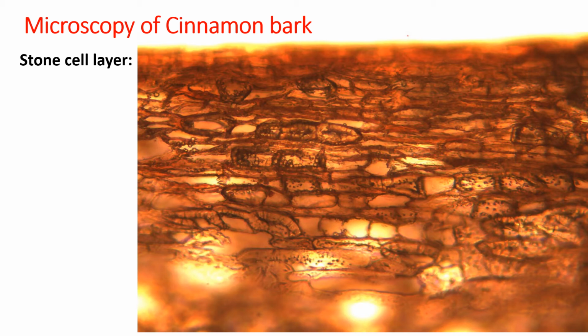Even somewhere you can find circular portion, very fine or thin circles or small circles. These circles are called starch grains. The starch grains are actually present slightly above the stone cell layer, but sometimes you may get them in the section. The purpose of stone cell is to provide rigid mechanical support or protection to the plant. They are totally dead.